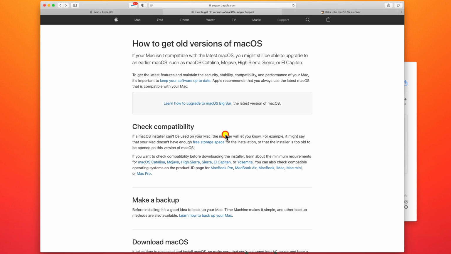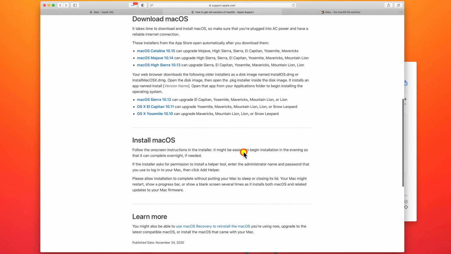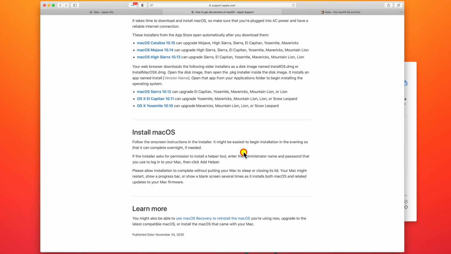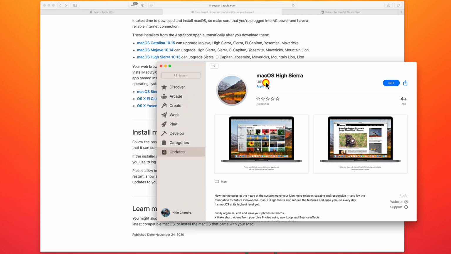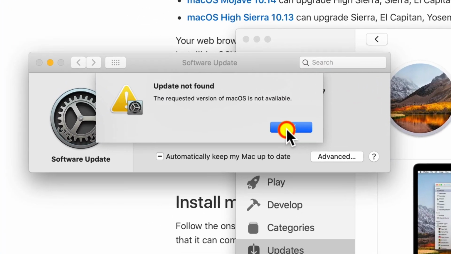Although all the information and the links are provided on this page, which will allow you to downgrade, there are certain issues which we will go through. One, of course, is if I want to get macOS High Sierra on my current iMac, I cannot get it.